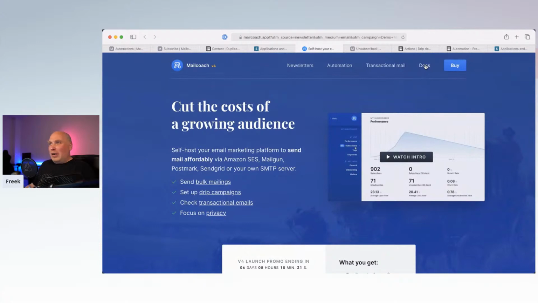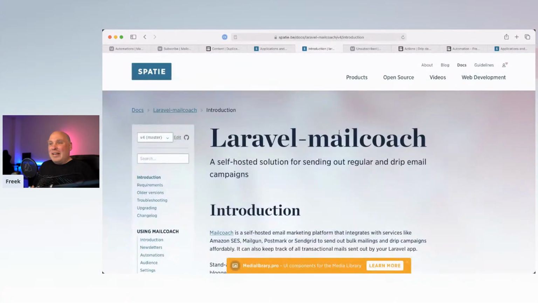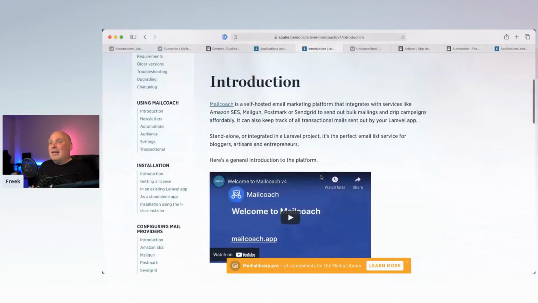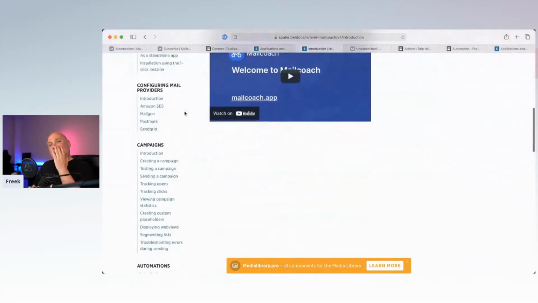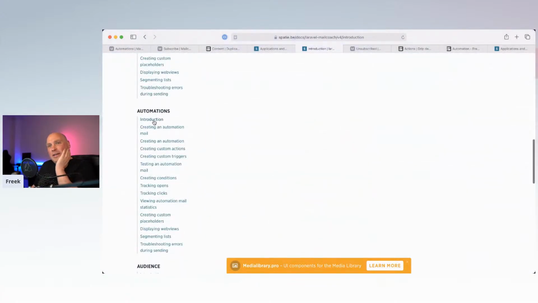Now, we're here with developers. I've already said that a few times. Developers like documentation, and I can say that we wrote a lot of documentation on this. We actually